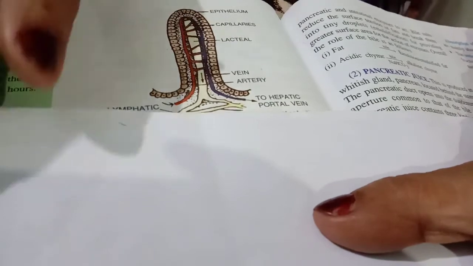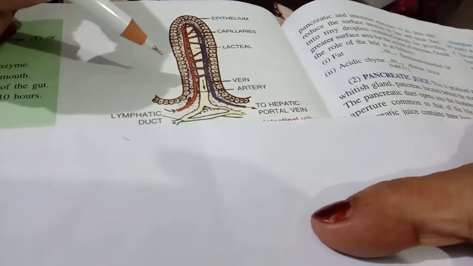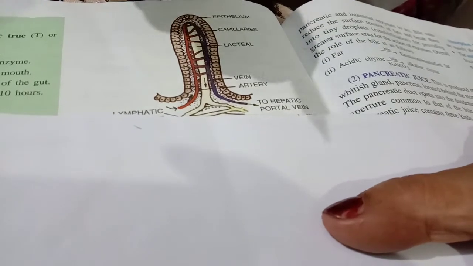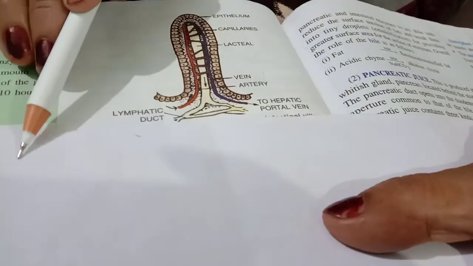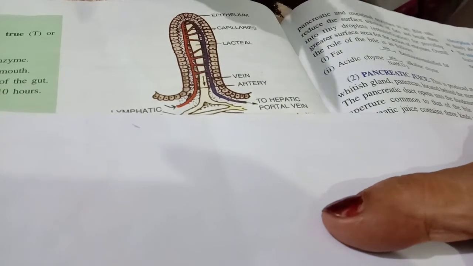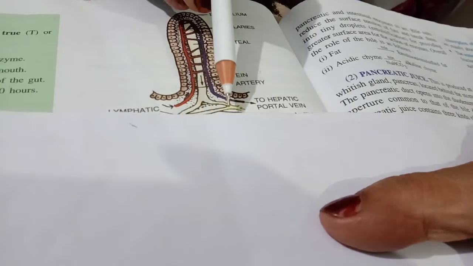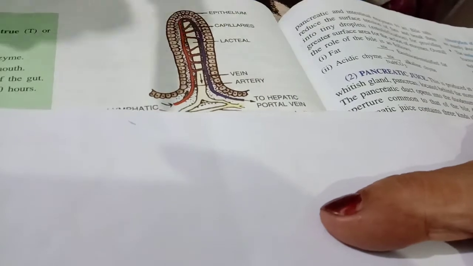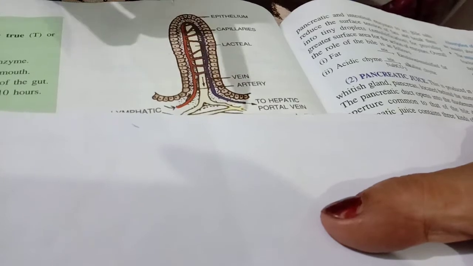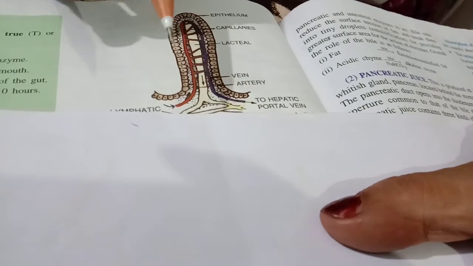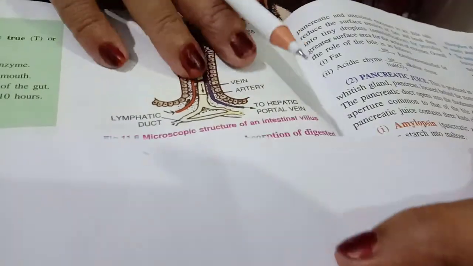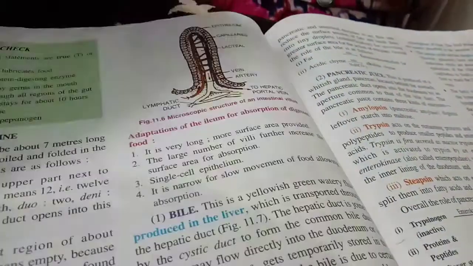It also has bile salts. What I said, if you are asked, what does bile juice contain? Bile juice does not contain any enzyme, but it contains two pigments collectively called bile pigments, called bilirubin and biliverdin. Clear? And bile salts, which help in the breakdown of fats, emulsification of fats. Clear? I'll show you this.